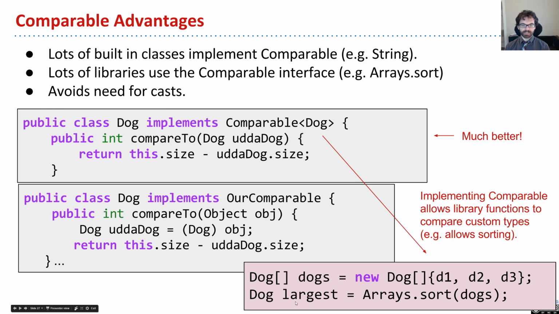Now, in this case, it seems a little strange that I've sorted an array of Dogs and then assigned it, because this is a bug in the slide, damn it. But, you know, we're going to roll with it for now. So in this way,